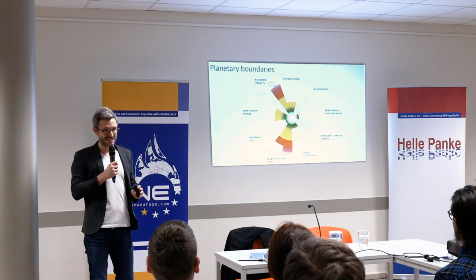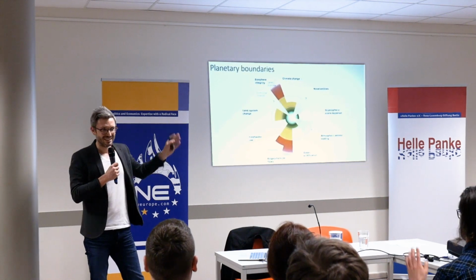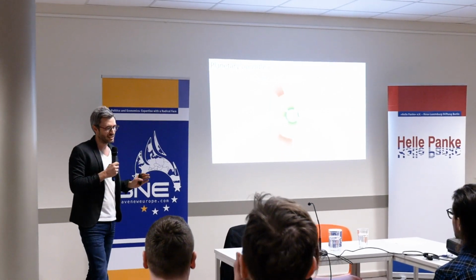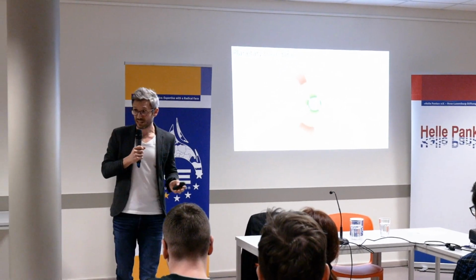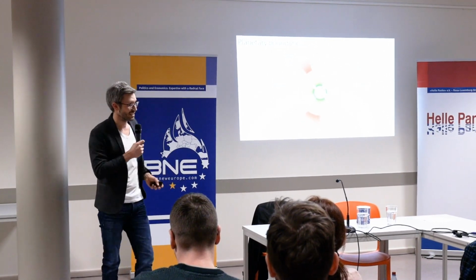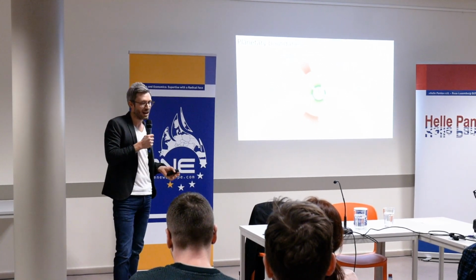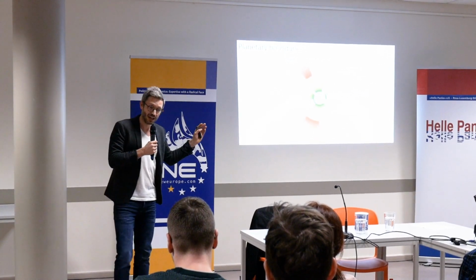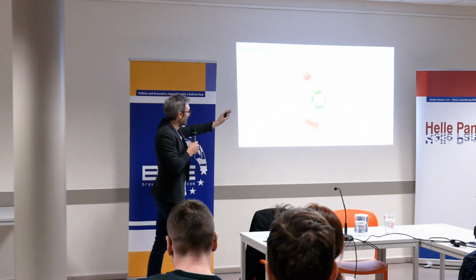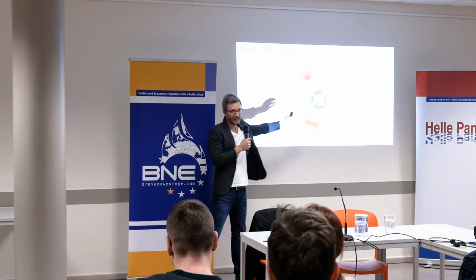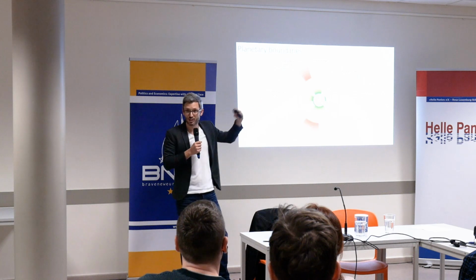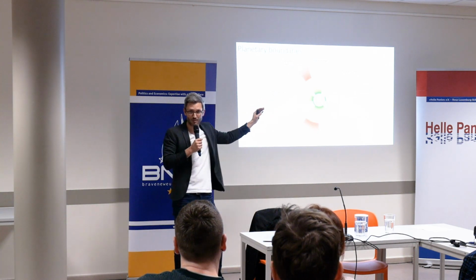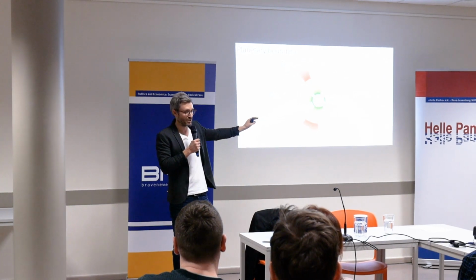I want to start with this image. How many of you have seen this before? The image of the planetary boundaries framework. To me, this is one of the most important innovations in environmental science and ecological science in the past couple of decades. It gives us a sense for where we're at on a number of key Earth systems boundaries. We have everything from climate change in the middle here at the top. Anything in yellow is where we're overshooting the planetary boundary. The planetary boundary for climate change is 350 parts per million atmospheric concentration of CO2.